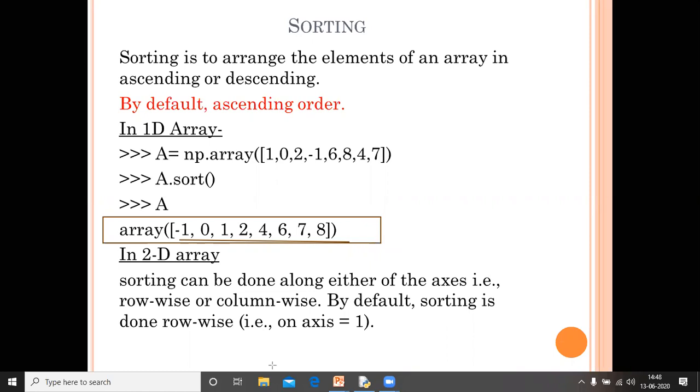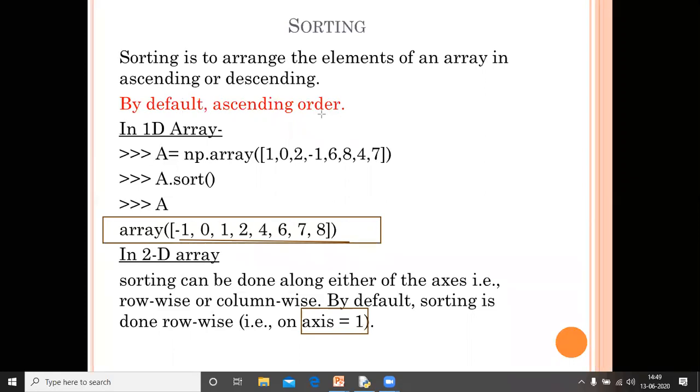Then we have to give one parameter of sorting, that is the axis. By default, the sorting will be done row wise. It means row wise data will be arranged either ascending or descending. It means axis equals 1. If I give axis equals 0, it means column wise data will be sorted.